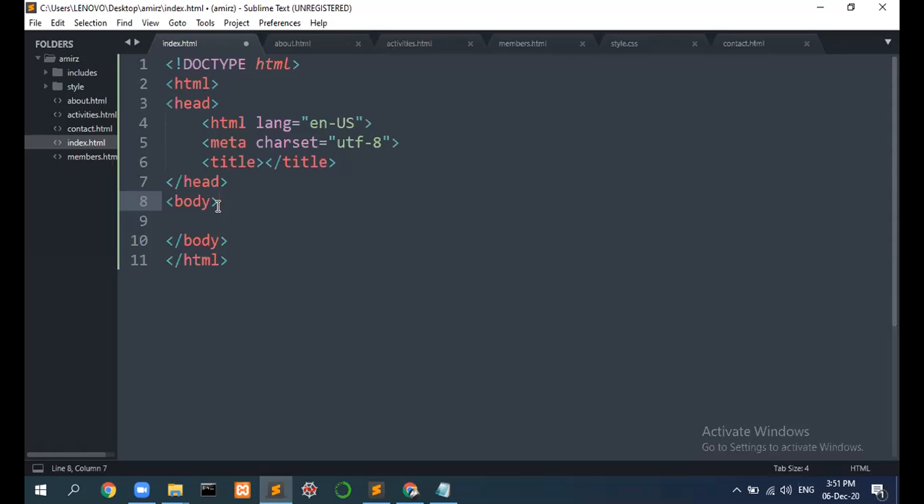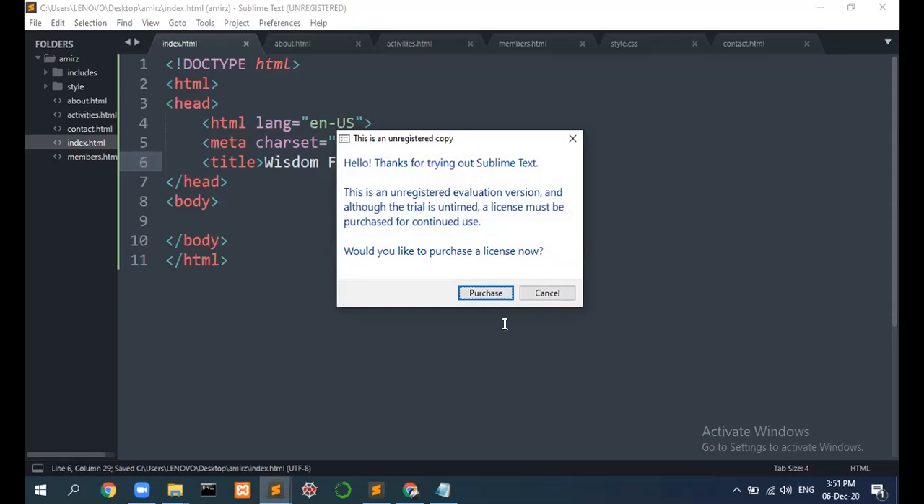Okay, so meta charset equal to UTF-8, and then you should add a title to your website. So here I'll write something like Wisdom Foundation. You can give it the name of your school, or suppose you're making a website for yourself, you can name it by yourself. Like I would be making a website for myself, so I would write Amir Zakaria, or suppose I have a company, like Zach's International, something like that. So make sure you add a title,